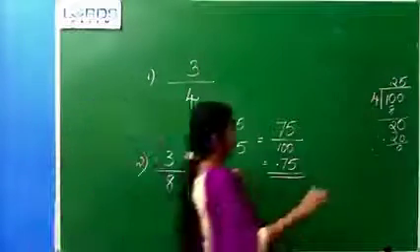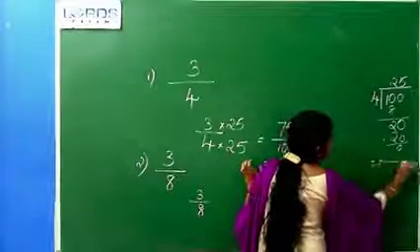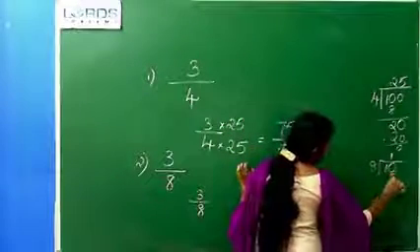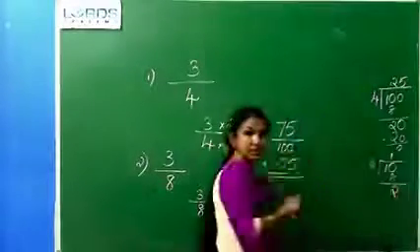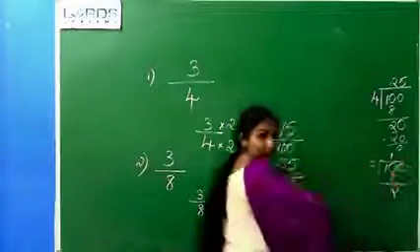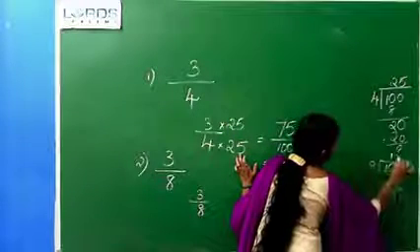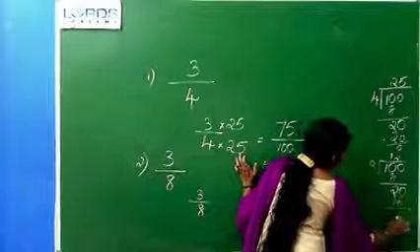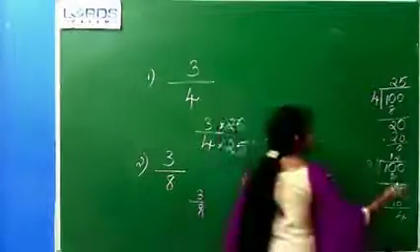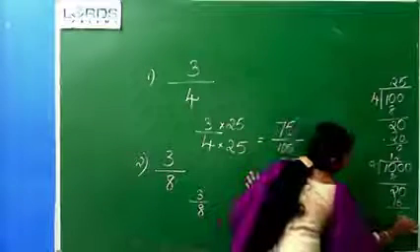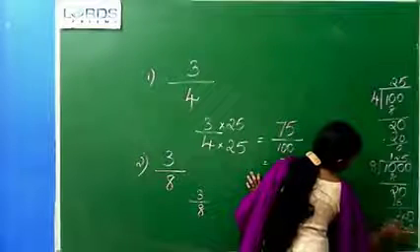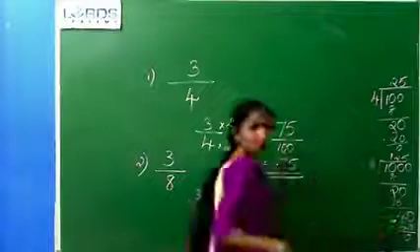Let's check in the working column. So, first we thought of 10. 1 time. Balance we got 2. So, it is not possible to convert to 10. Now, we will move towards 100. 100 also not possible. So, we will think about the next number, that is 1000. Is it possible? Yes. So, which is that number?